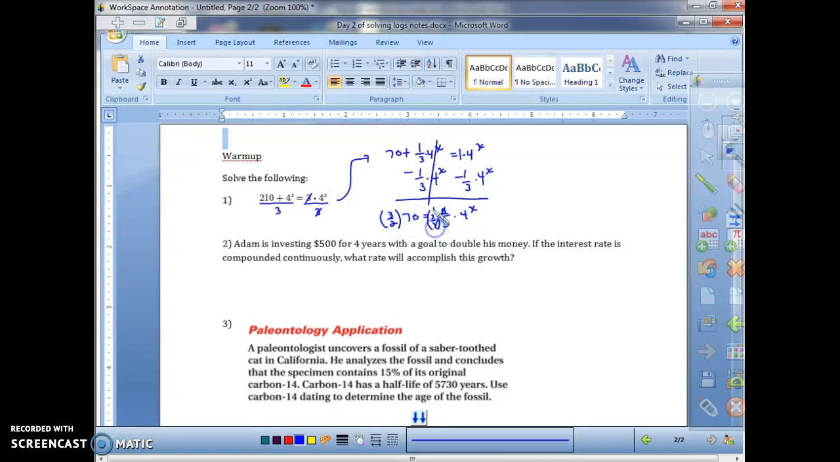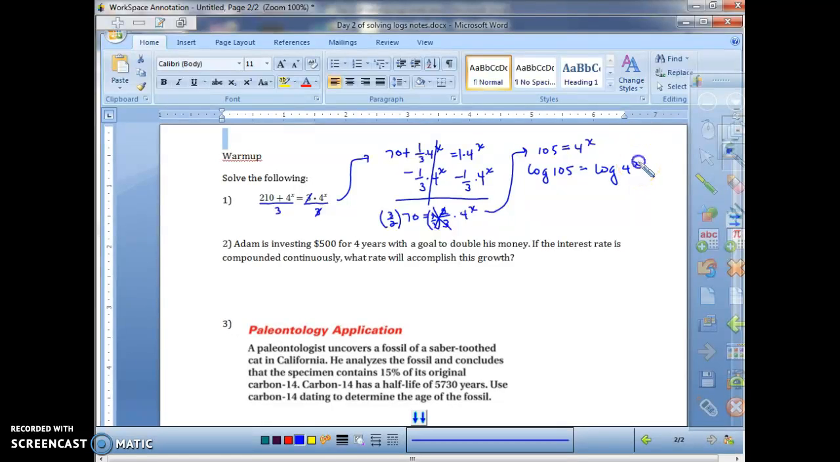The left side will, of course, need to be simplified, but the right side is just 1 times 4 to the x. So on the left side I have 210 divided by 2, which is going to be 105 equals 4 to the x. And now I can take the log of both sides. So I'm going to take the log of 105 is equal to the log of 4 to the x power,